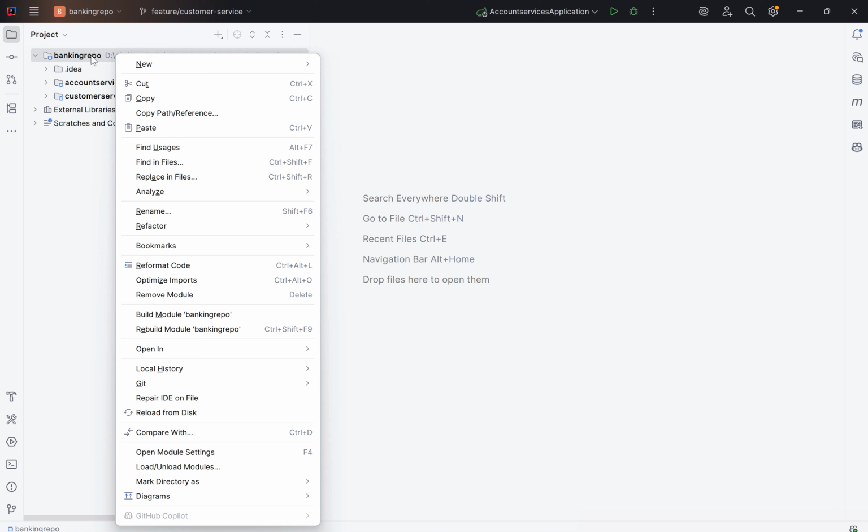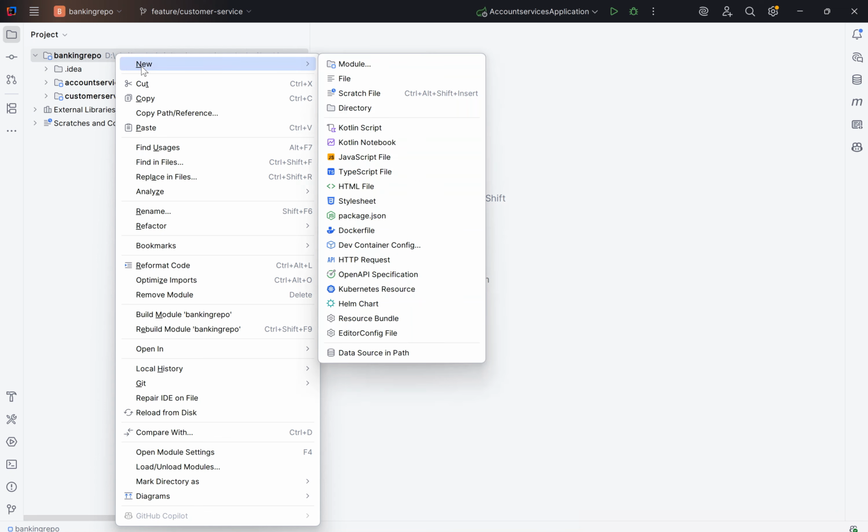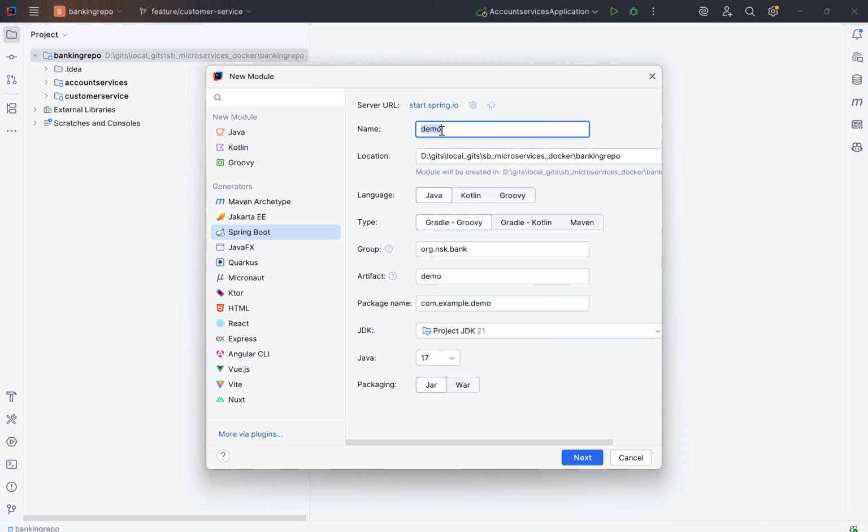So, let me go here. Let me right click on this banking repo and go to new module. I'll be creating a transaction service module. I'll be giving the group ID as org.nsk.bank, the language is Java, and I'll be using Gradle as the build tool, and the artifact ID is